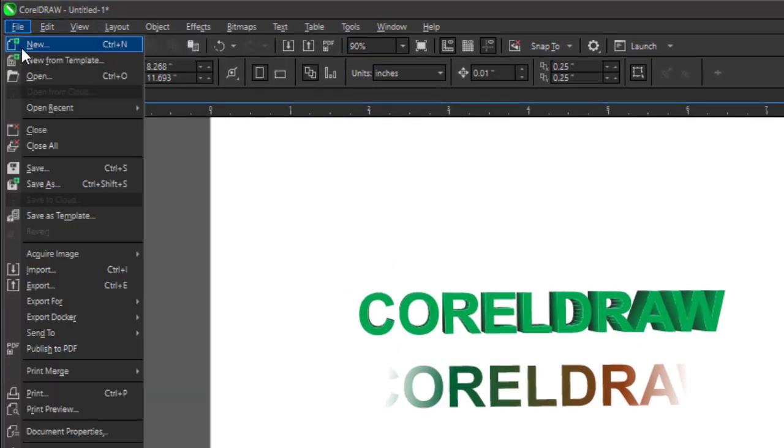When you come to this file, this is where you see the new. When you want to start a new document, you can click on new. The control key is already there. That's Control N to start a new document, and we have new document from template. If you have a template, you can start a new document from template. Then we have